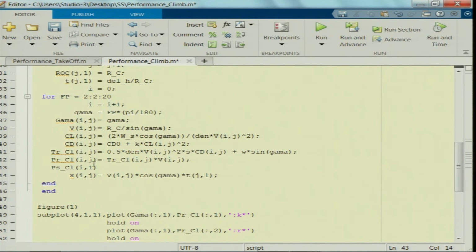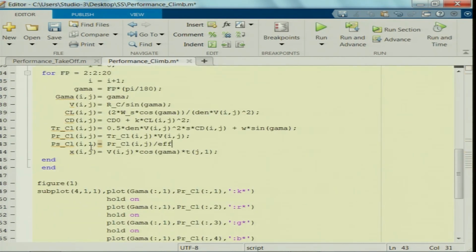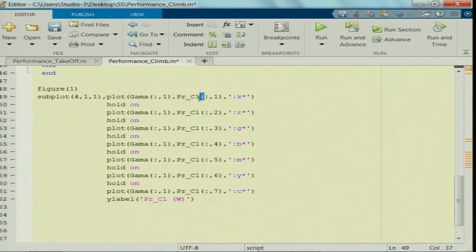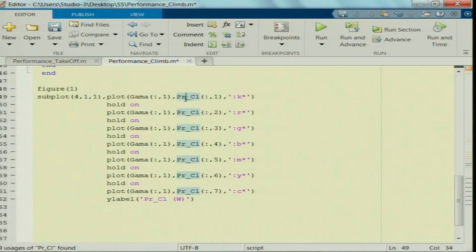PS_CL(i,j) should be power required for climb upon efficiency of the propeller, which is given here, EFF underscore P. So, instead of writing PR CL, I would like to use PS CL here.